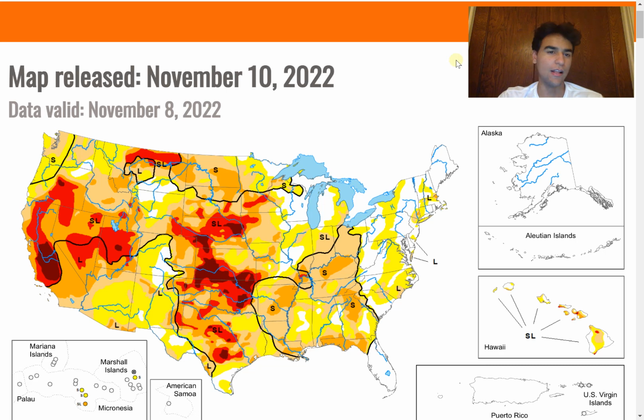And like I've been saying in my previous videos, it's very difficult for a drought to go away overnight. So it's likely that this drought will stay around even into the winter months, which will play a big role in terms of the amount of snowstorms you should expect this winter. And of course, if you're in a drought-stricken area, you're less likely to experience as many snowstorms, not only because it's drier than average, but it's typically warmer than average during a drought, because dry soil heats up a lot quicker than moist soil does.